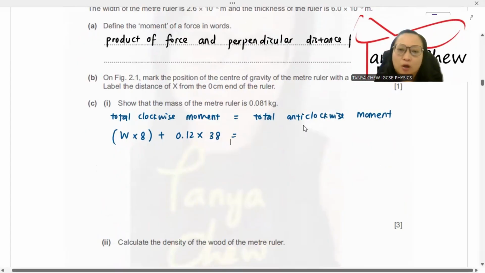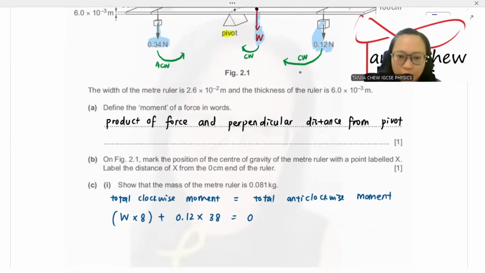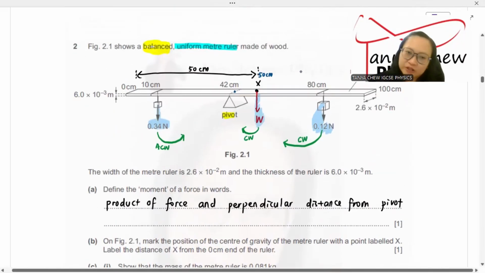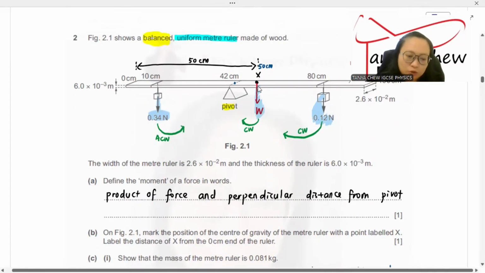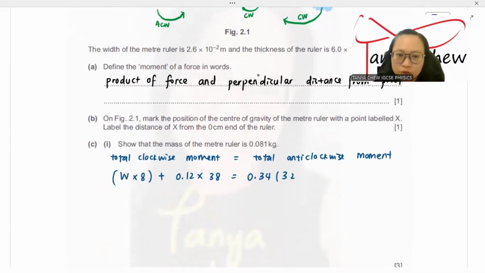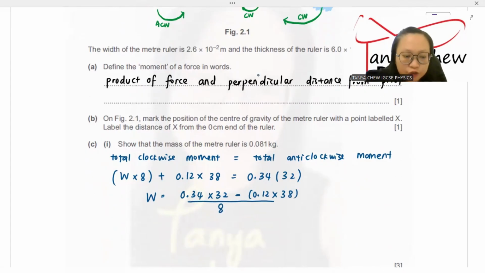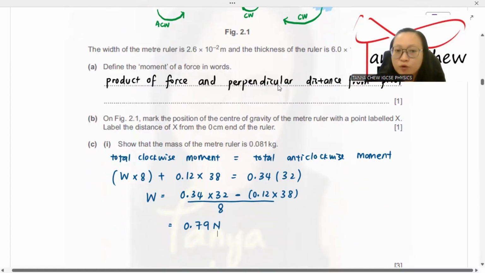And total anti-clockwise, there's only one force, which is 0.34 Newton. Multiplies by perpendicular distance from the pivot, you take 42 minus 10. 42 minus 10, you shall get 32. And work it out. So W is equal to 0.34 multiplies by 32 minus 0.12 multiplies by 38, divided by 8. You should get